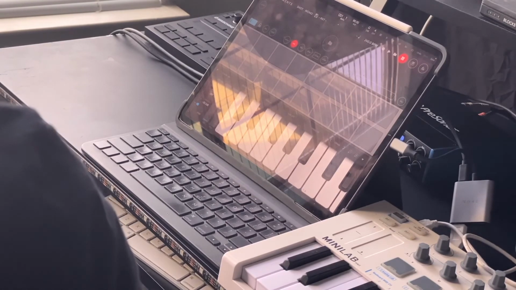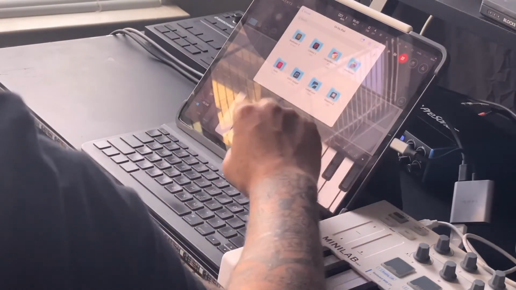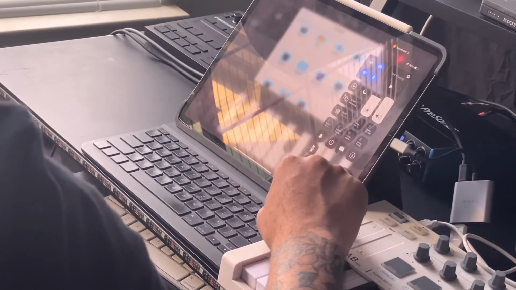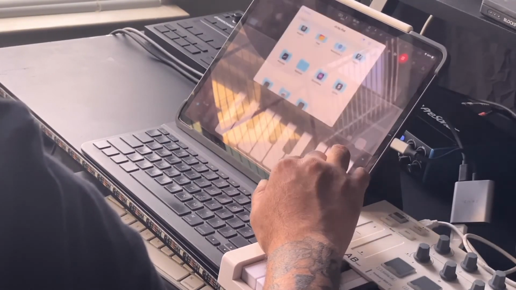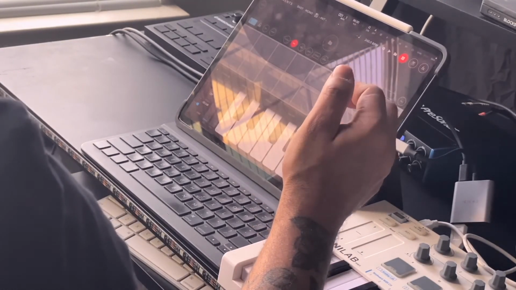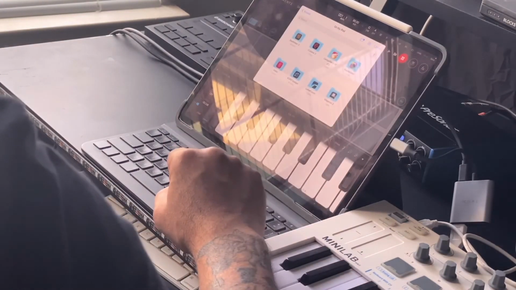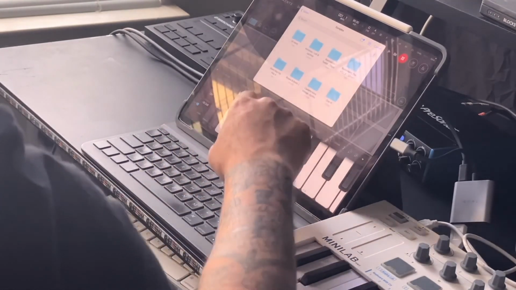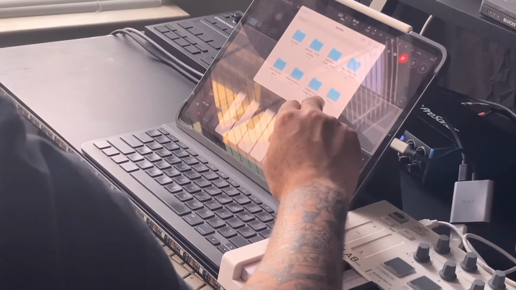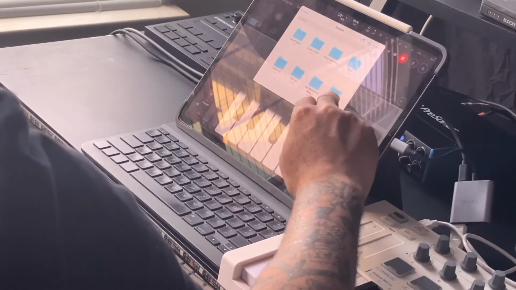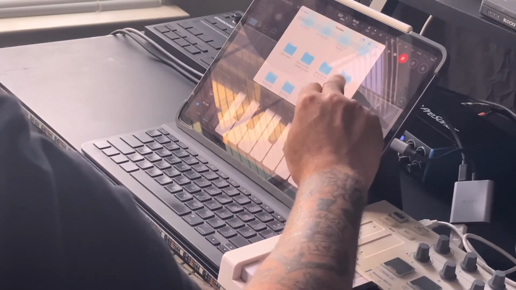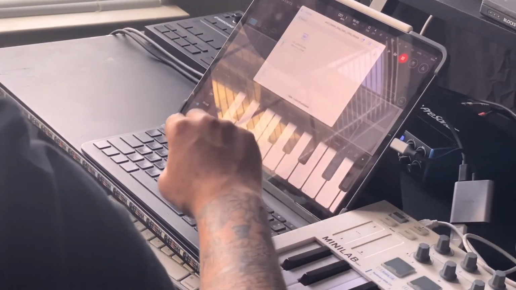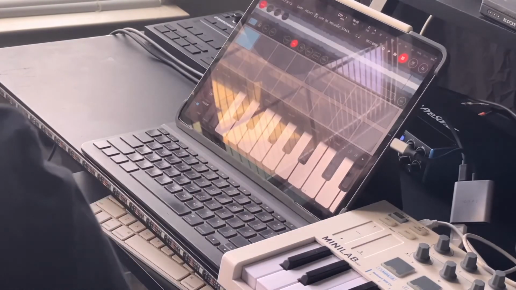And I mean, it's real easy to bring in your samples. I'll just hit this folder right here, and then I'll go into like Splice. So if I wanted to bring a sample into segments, I'm gonna just go here into this folder, and then I'm gonna go here to where it says Splice, and then you got your sample folder here, and you could actually see, look, these are all the different like Splice sample packs or Splice samples that I have. So if I wanted to go to a certain